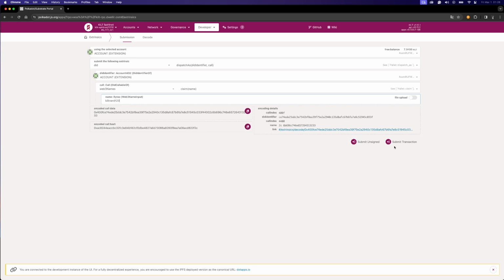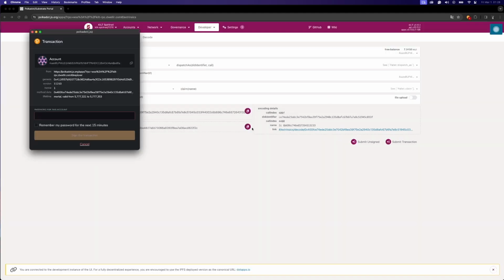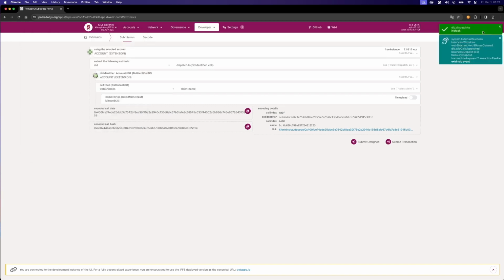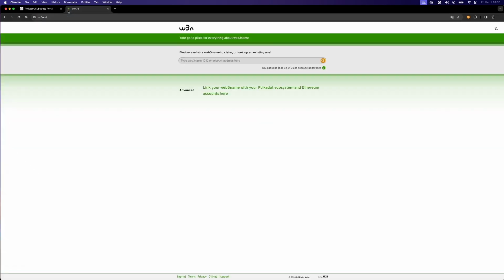Again, make sure that sign and submit slider is enabled and click the sign and submit button. The extension will ask for your password again, and you can sign the transaction. Again, that will take a little bit of time to complete. Once it has, you can then double check that by looking on sites like